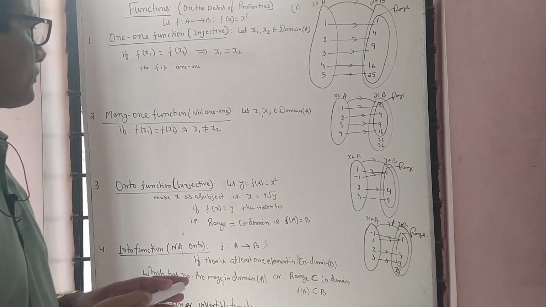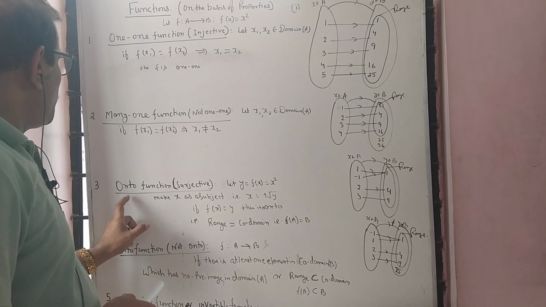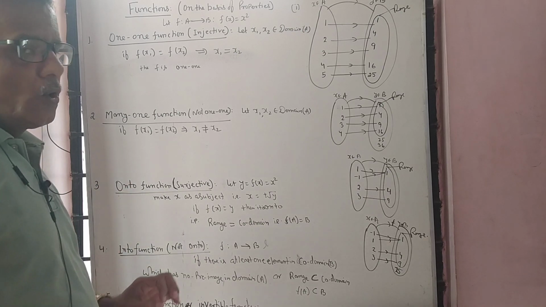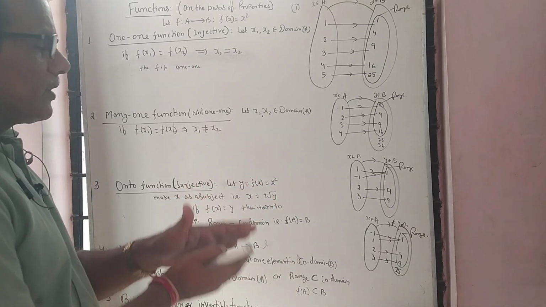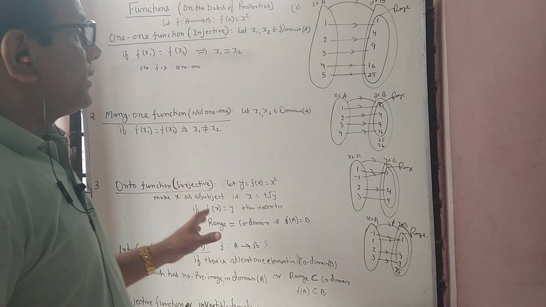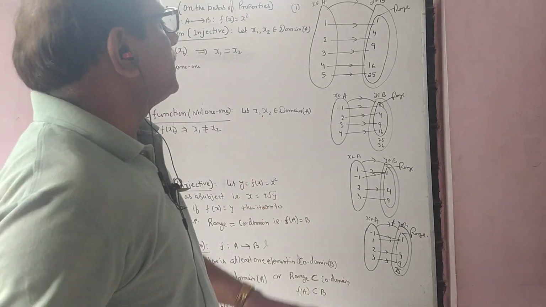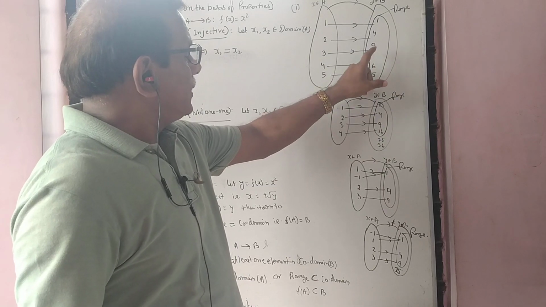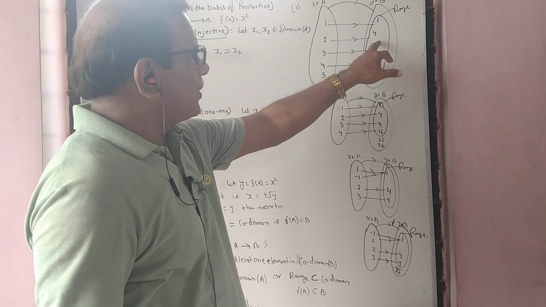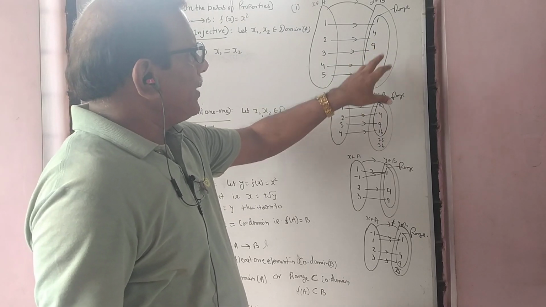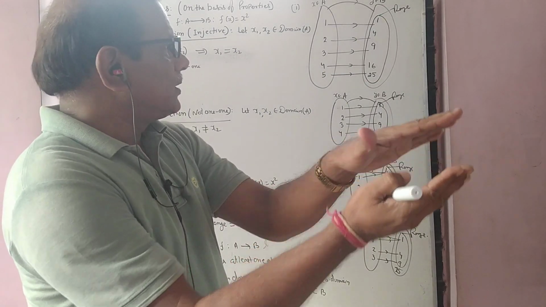Okay, now first is onto function. What is an onto function? Onto or into: the functions which are not onto are into. What is the difference between onto and into? It is related with codomain and range. How? See, in this case, the first and the third, range and codomain are the same. Range contains 1, 4, 9, 16 and 25, and the codomain also has 1, 4, 9, 16 and 25. Range and codomain overlap each other, that is onto.